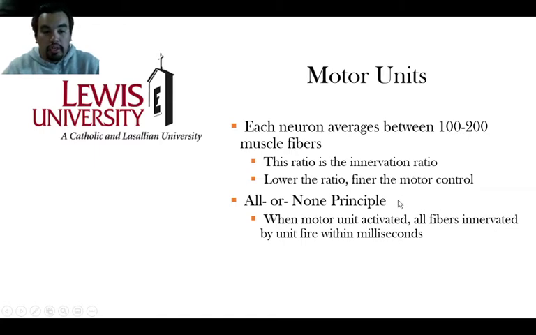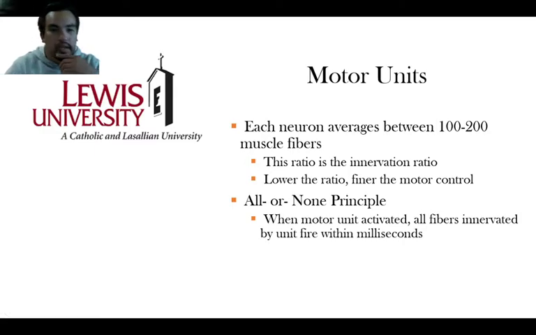And the lower the ratio, the finer the motor control. Okay? So our big muscle groups like our quads have up to maybe 1,000 to 2,000 muscle fibers that each neuron innervates. But our fingers have a lower ratio, or our eyes, maybe our eye twitch movements, or our mouth even, is a lower ratio, because we need a finer control of those